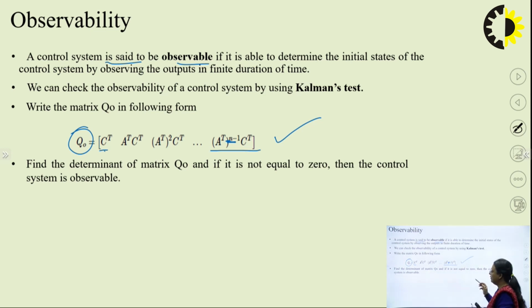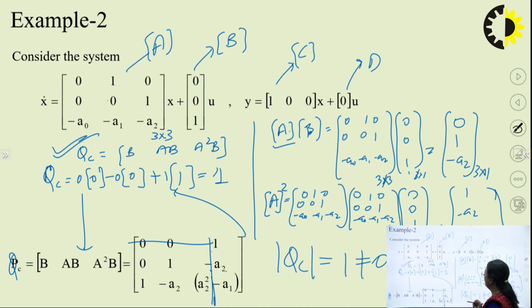And n is the order of the matrix A, okay, and if the determinant of matrix Q naught is not equal to 0, then the system is said to be observable, otherwise the system will be non-observable. So let's again solve another example on the